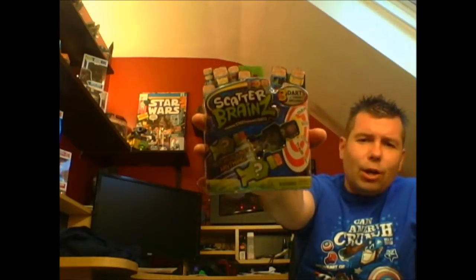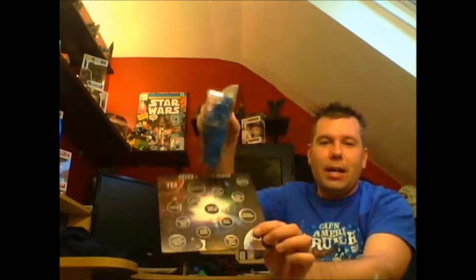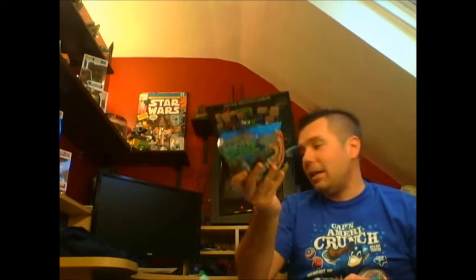They came out with this weird Scatterbrains dart thing, which on its own was kind of lame, but then what they did, and I gotta get it out here, it's stuck in the bottom, is they included this office decision maker dartboard, and so you throw the darts at the circles and it makes decisions for you. That's clever. That's awesome. I like that. They took a little junky novelty toy, and they turned it into something a little cooler with that. Of course, there was a plushy Grumpy Cat,